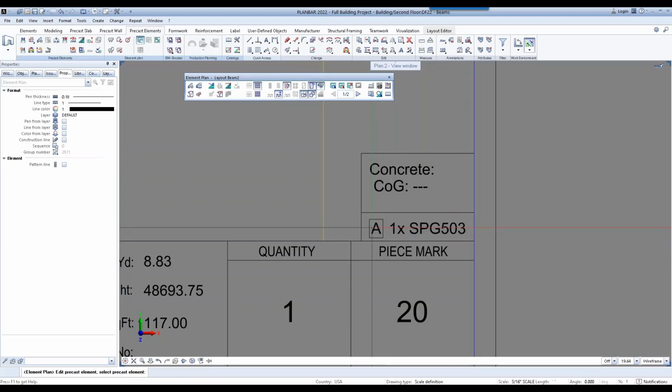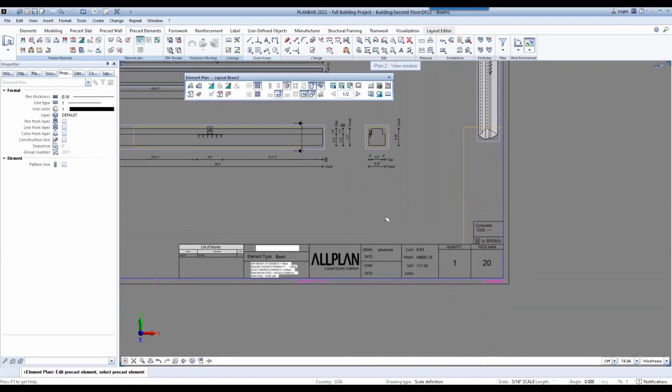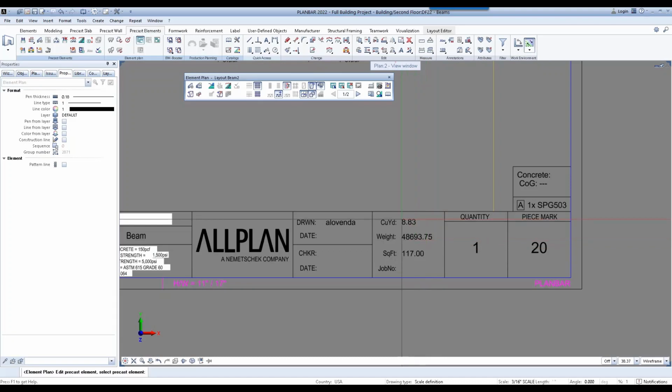The table shows the label with the quantity and the piece number, the SPG 503 plate that we placed in earlier. So this will pull in everything that's been modeled and indicate exactly what's in the precast element. You can see the weight, the volume.